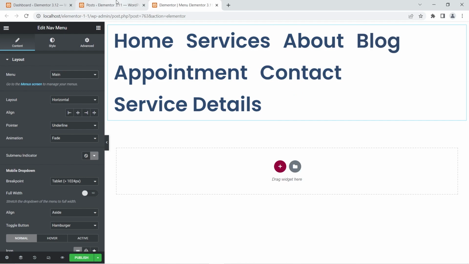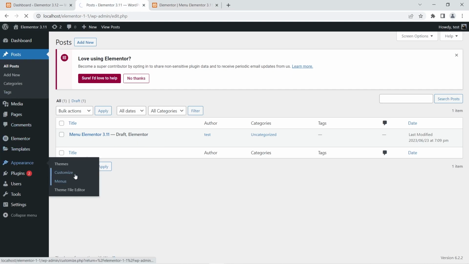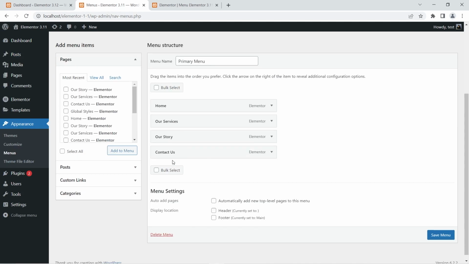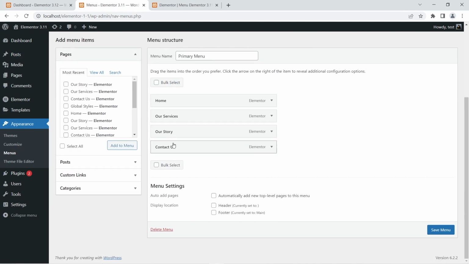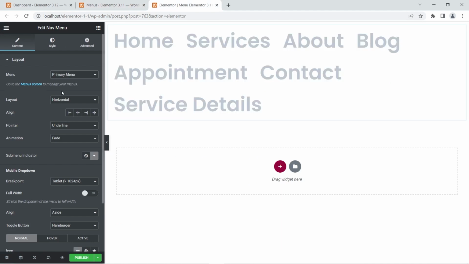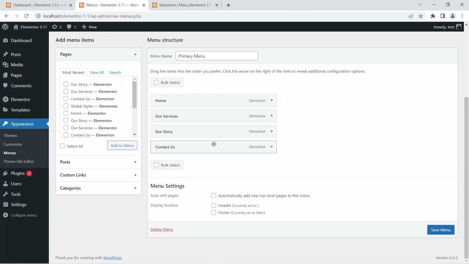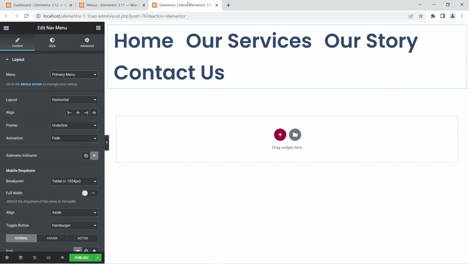This menu has been created by me right here through appearances and menu. You can see it right here. Right, so this is the menu that we have created. So you can see primary menu is right here, so I can just go here and select primary, and you can see all of these tabs or all of these pages are exactly the same as these. Right, now if you had to create mega menus using Elementor Pro, then there wasn't a simple way available